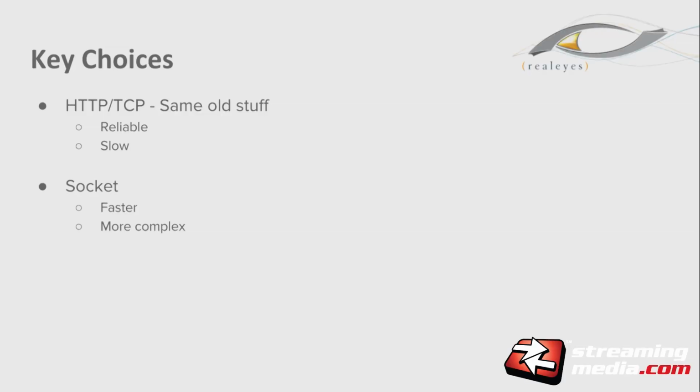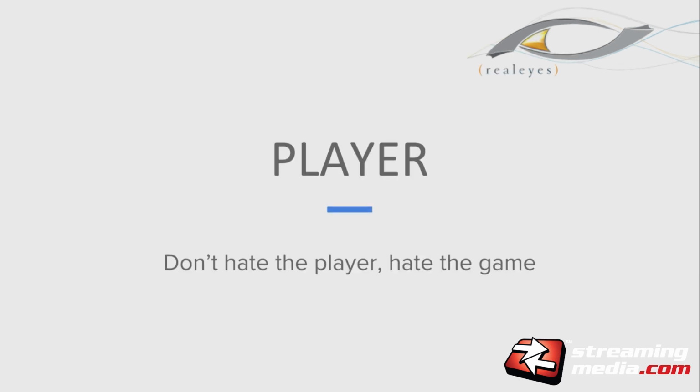So ultimately, you're going to come down to two choices. You have your traditional HTTP TCP stuff, which is going to be very reliable, but more overhead and slower. Or you can go socket, which is going to be faster, but more complex, or persistent based, right? Right now, those are the main routes you can choose from. There are a lot of outliers and bleeding edge things you can look to do, but that's the key thing. So that's where you're seeing the solutions that are rolling out today, and then you can supplement those with a lot of other things that are happening.